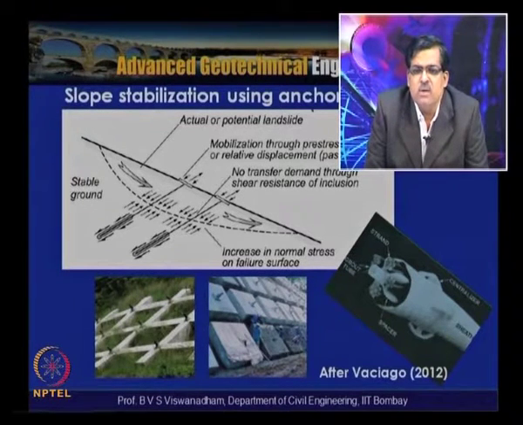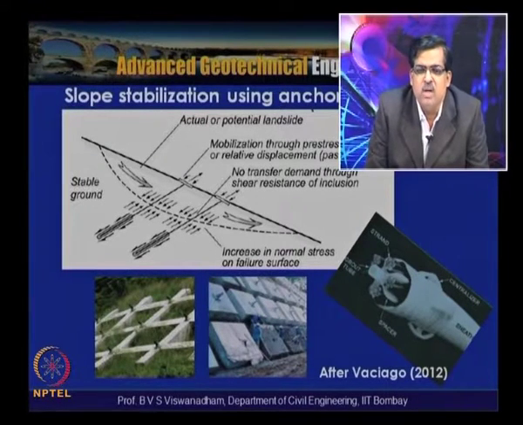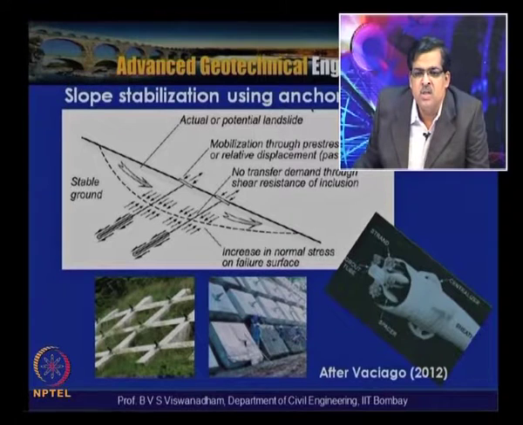In case of pre-stressing, or what you call active, without any soil movements, what we tend to do is apply pre-tension to these anchors and lock the arrangement, which is shown here. This is a concrete slab arrangement on the slope surface. This is the anchor. After applying adequate pretension, these are locked here.